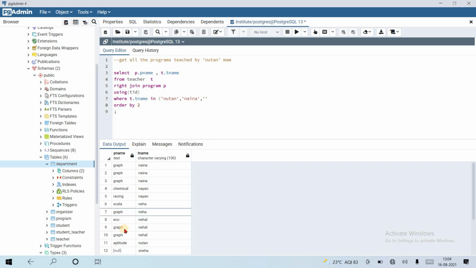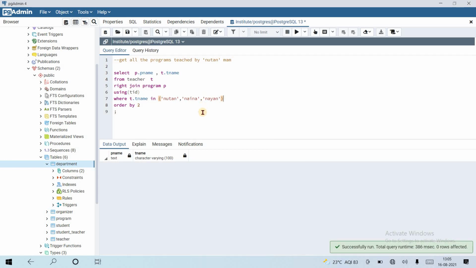If the teacher ID is not matched with the program's teacher ID in the record, then it will fetch no result, because we know that if the match does not happen, then it will return 0 rows. Okay, use multiple values: Nutan, Naina, Nayan. Now let's run the query. Yes, but it still does not fetch data.